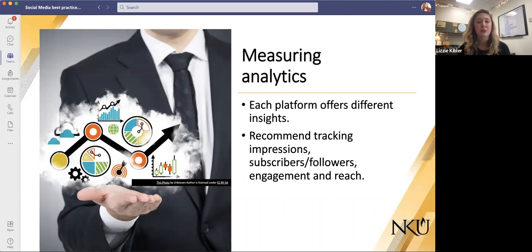And then you can also track your followers, make sure people are following your content. So that ensures greater reach. And then engagements, another thing that I think is important, to see if people do comment. But like I said, my number one is just making sure people see it.